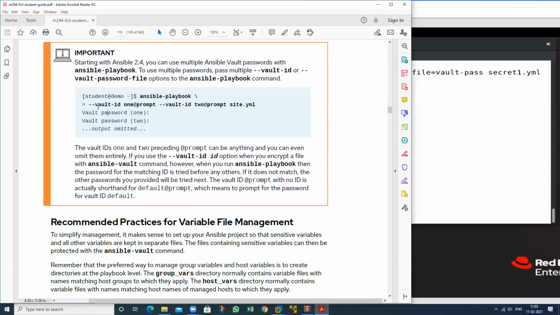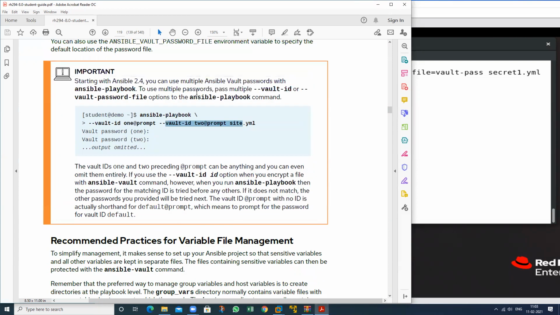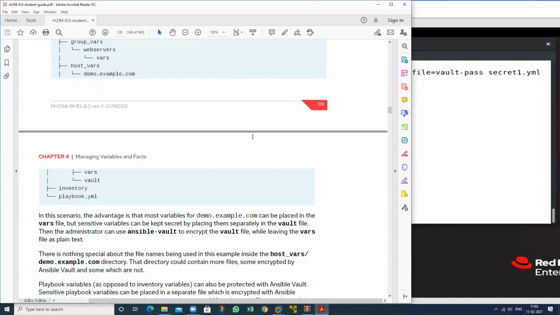So two times, first time, second time. So it's called two level verification. First check this one, then check this one, then all is good, then we are able to run this particular file. So this is also the concept.